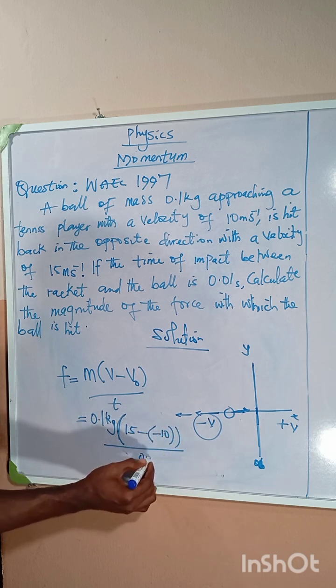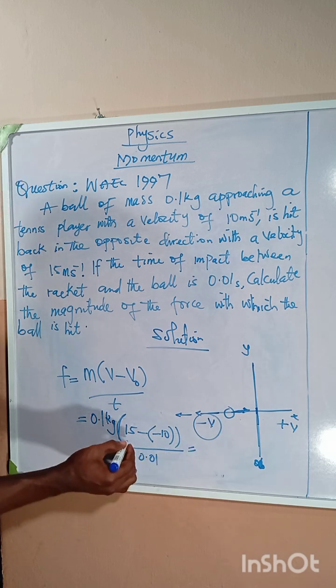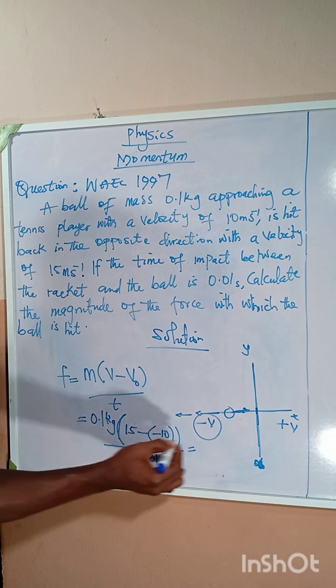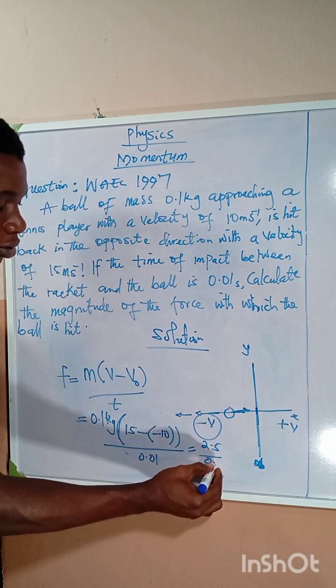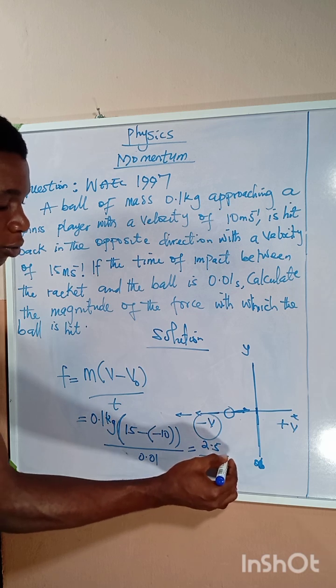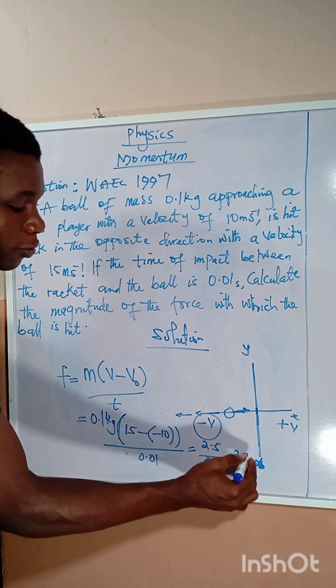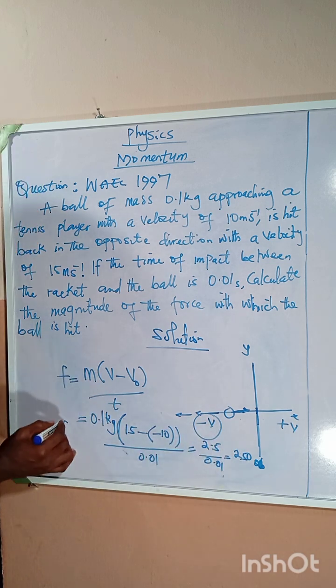divided by 0.01 second, and that will give you 25 times 0.1, which would give you 2.5. 2.5 divided by 0.01 would be equivalent to 250, and that becomes the force,